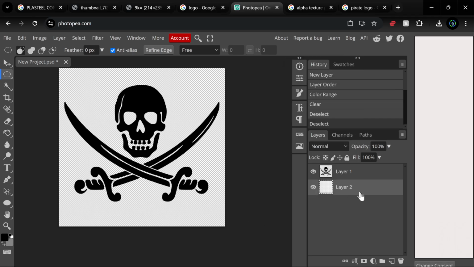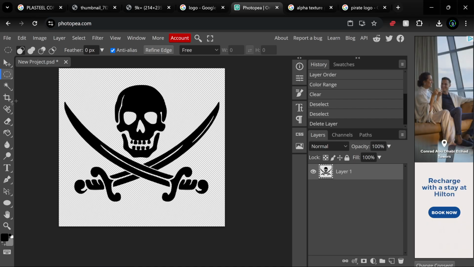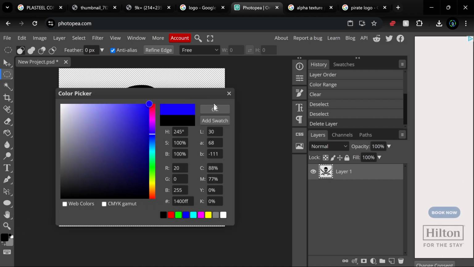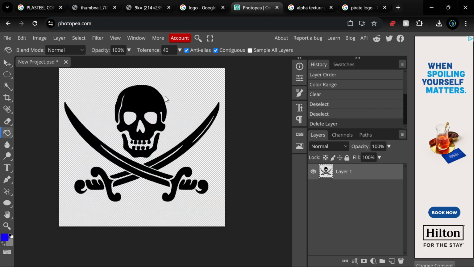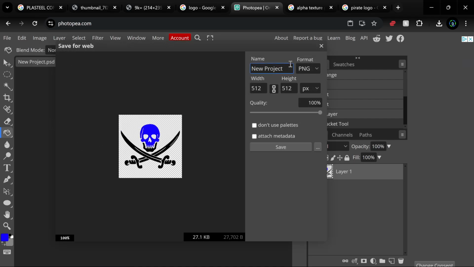And I think I can delete that layer now. Yeah, I can. And let's say the skull's blue for whatever reason. You know, it's some kind of custom logo. And now we've got a PNG image with a skull